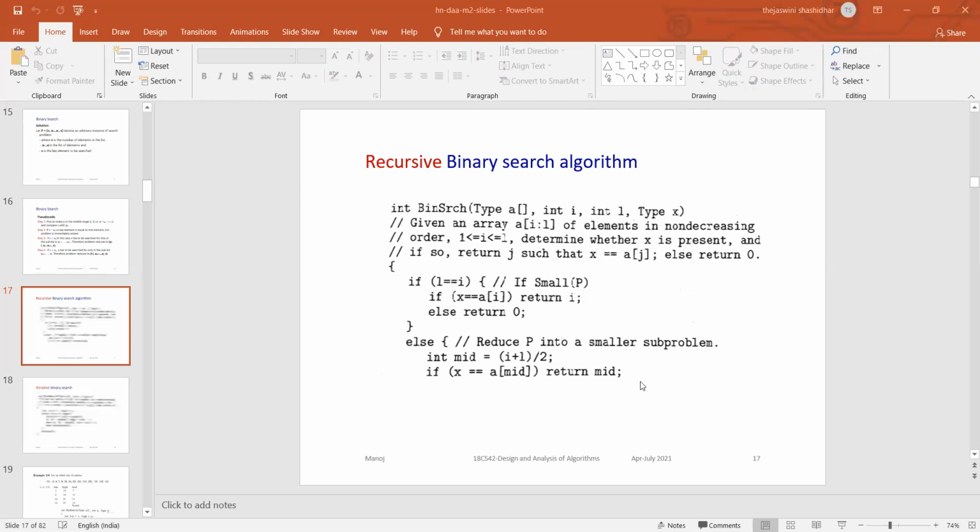What is the condition we have? You need to tell the condition. There is no need to raise your hands. Tell what is the condition we have to divide the problem into subproblems.